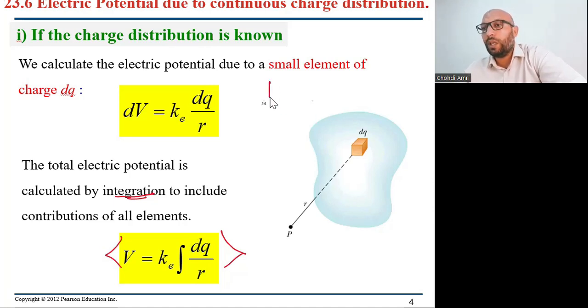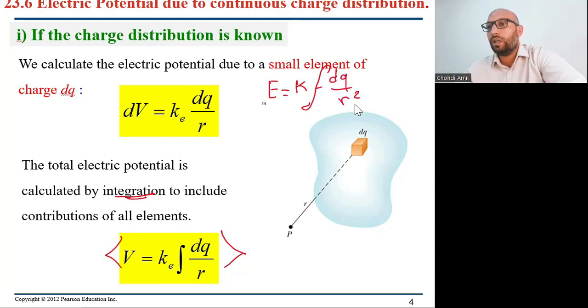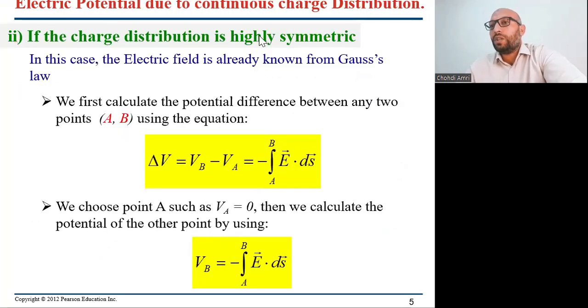It's similar to the electric field E for the continuous charge distribution. In lecture 3 of chapter 22, we said that the electric field is equal to k times the integral of dq over r squared. We will follow the same steps that we did before. We will try to express dq, the distance r, and the limits of the integration, and then calculate the integral. If the charge distribution is highly symmetric, we can use Gauss's law to get